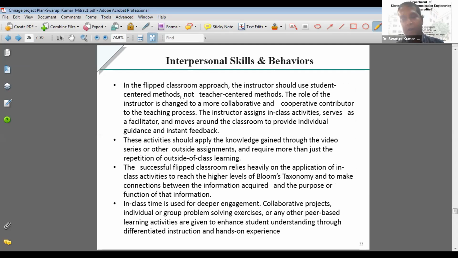Now, one of the developing things is that we can develop our skills. We have Bloom's taxonomy, where the higher levels, like design and application levels, can be met. We can bring out a collaborative project. Say I am teaching digital logic in computer science, and another person is teaching digital logic in electronics and communication engineering. Both of them collaboratively, the students can come forward and have a project.